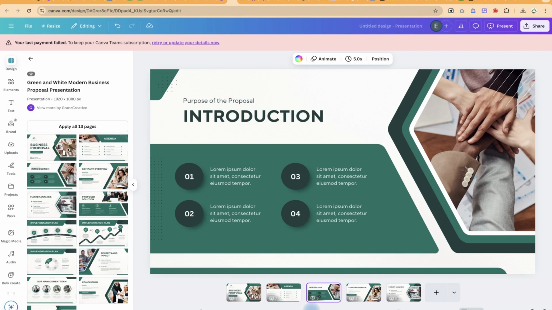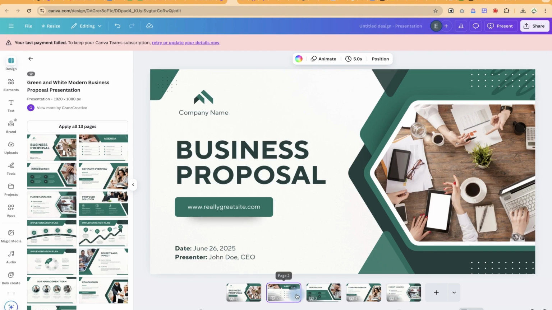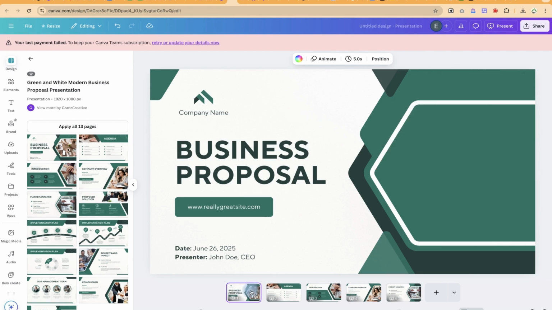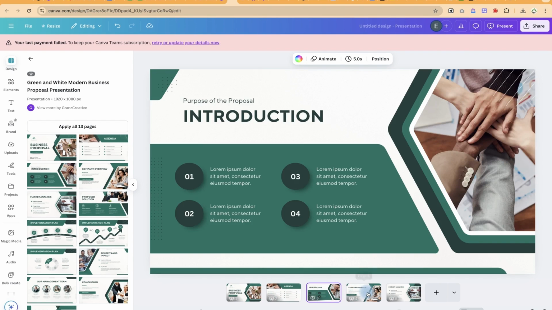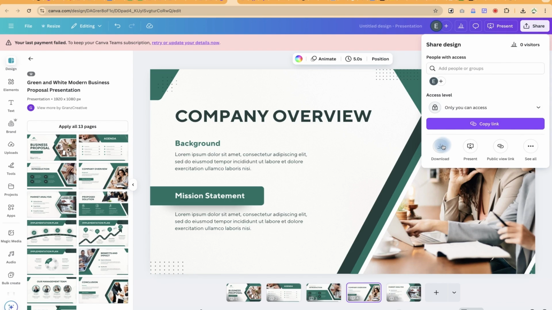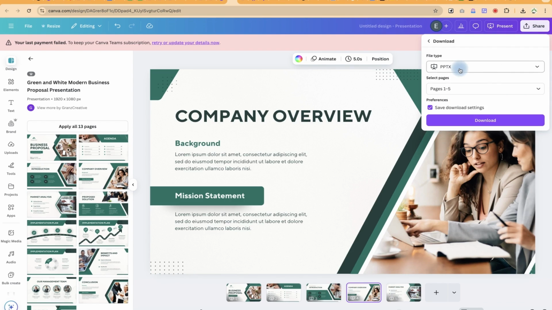So we're going to learn how to export a presentation in Canva into a PDF document that we can use outside of Canva. So to do that, assuming I have this presentation and I want to export it in PDF, I can come over here to share, and then we can come to download,